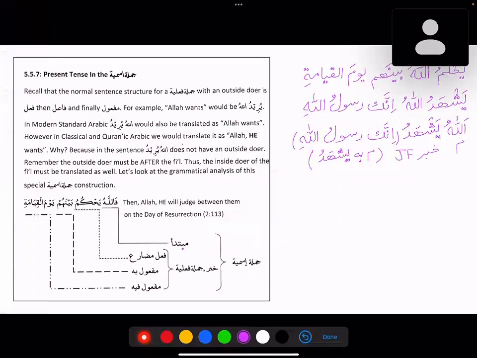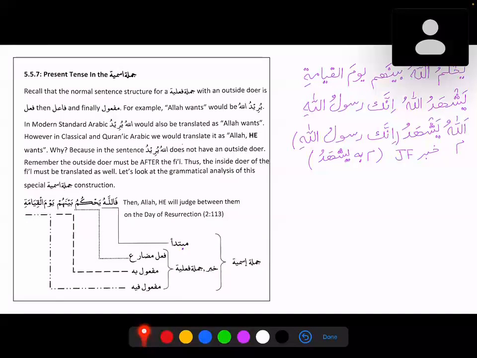So now we know that there are two kinds of sentences, right? Jumla Ismiya and Jumla Fe'liya. And a simple Jumla Ismiya is always going to start with an ism, and this is how we know that this is Jumla Ismiya. And Jumla Fe'liya is going to start with the fail. But we will see in a complex sentence that